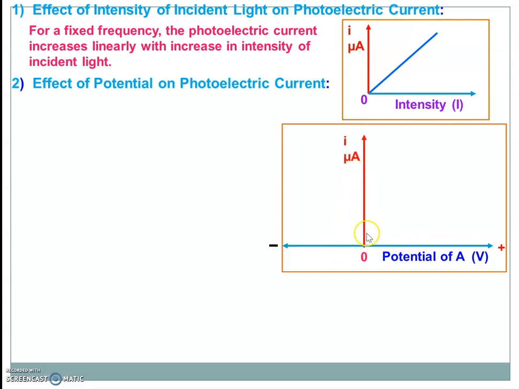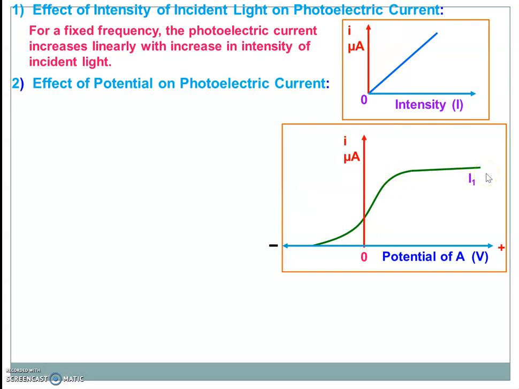Now when we make radiation of some intensity I1 fall and increase the potential of anode with respect to cathode, initially photoelectric current increases, then becomes constant and reaches